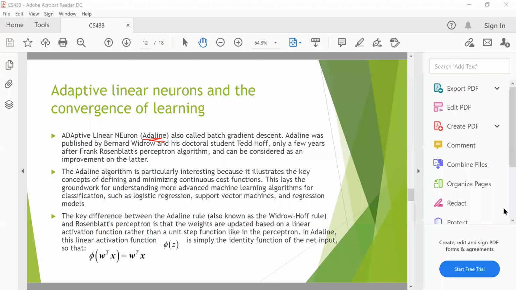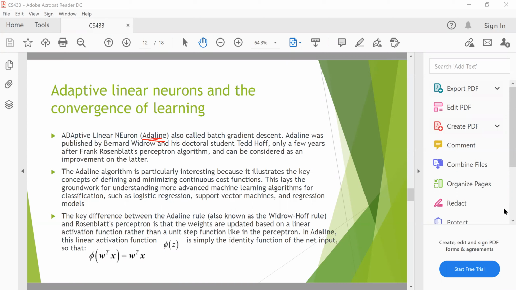Okay, Adaline. And for the perceptron, you remember yesterday we discussed that if we want to do learning, we can directly use the sklearn library, as it has the linear model perceptron. But Adaline, in that library, we don't have. But we have our own code. Okay. So for the Adaline,